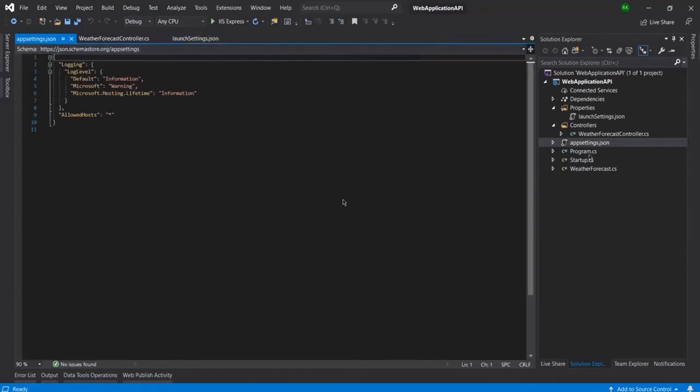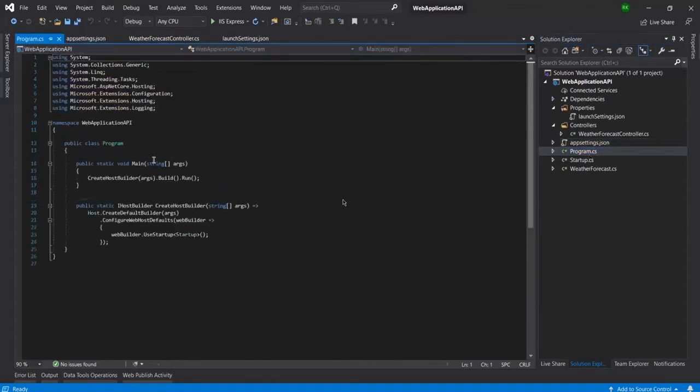In the Program.cs file we can see it is the main entry point of the project, which is the Main function. Inside the Main function you can see we have CreateHostBuilder, which is implemented just below, and in CreateHostBuilder we are calling the Startup.